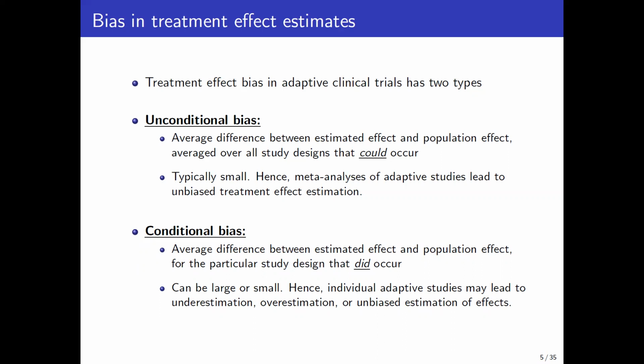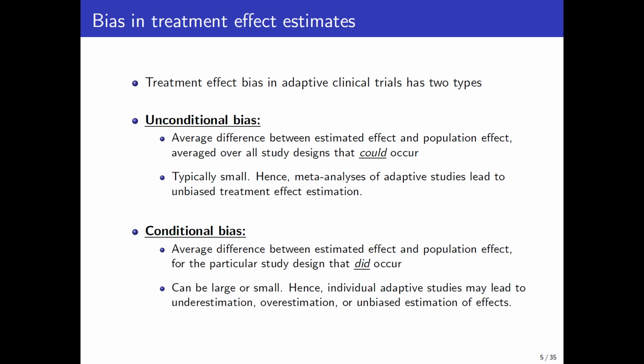that could occur. So we just said that the design that we get from an adaptive clinical trial is essentially a random variable. And so there's various possible designs that we could end up with. The unconditional bias is essentially the bias that's averaged over all of the possible study designs that could occur. Typically, this is actually fairly small. It doesn't have to be zero, and it is worth studying and thinking about, but it does tend to be